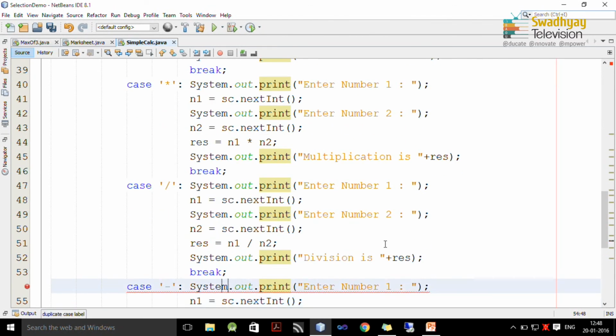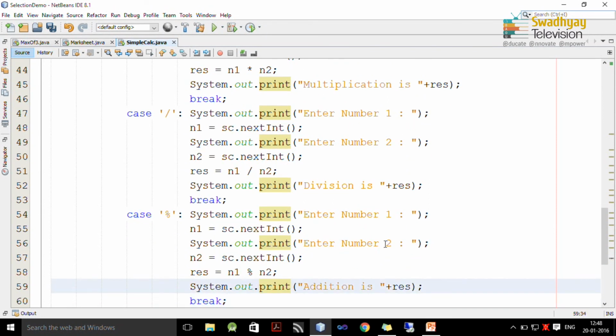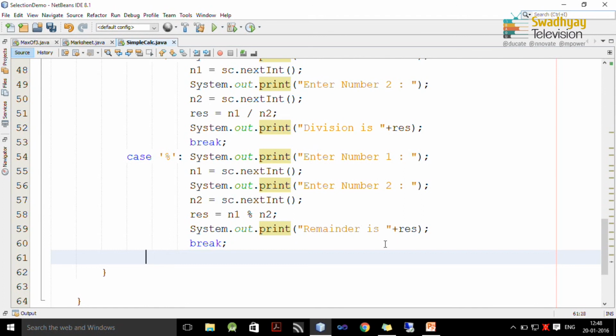And finally, we write down case for modulo division, which is a remainder after dividing N1 by N2. So, here I write down remainder is whatever answer we get, and last we write down default, which is generally executed if match is not found.